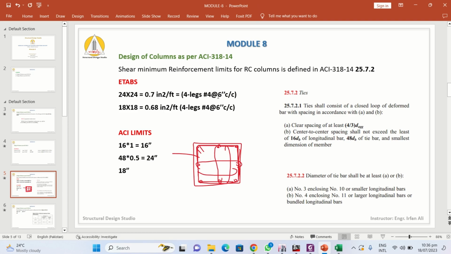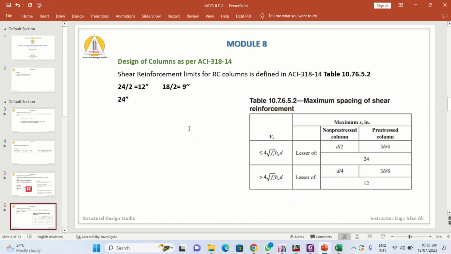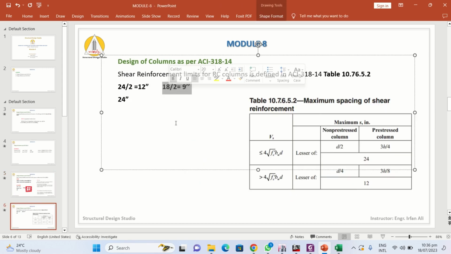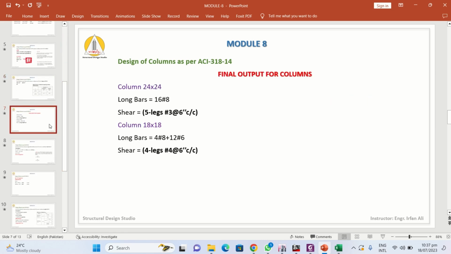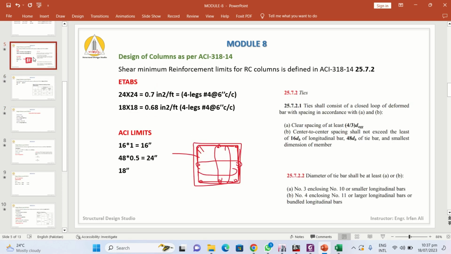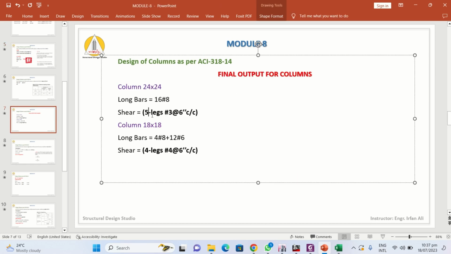So I have written 9 inch center just to show you that there is a limitation on the maximum spacing. So here, this is the final output which we will update: four legs number 4 at the rate 6 inch center, and for the columns this remains the same, and this is the longitudinal bar, this is the ties, this is the longitudinal bar, and these are the